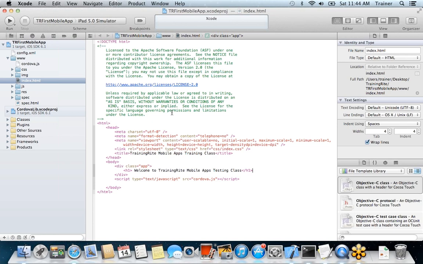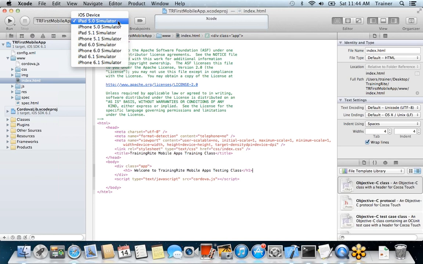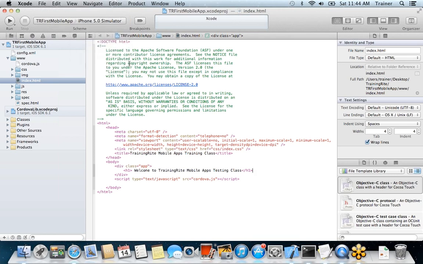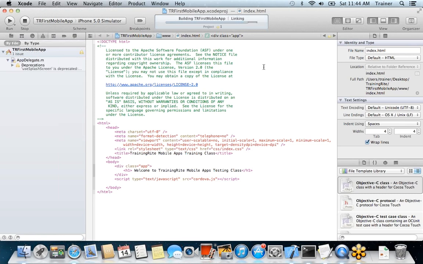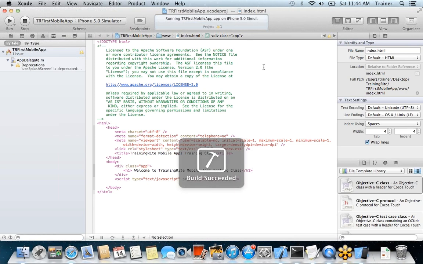And if I need to go ahead and deploy it one more time, I would be choosing my simulator. So let me go and choose the iPhone 5. So this is my iPhone 5. And then I would just go and build it by running it. As you can see over here, it is compiling. As it compiles everything, it would invoke the simulator, and build succeeded, and the simulator would pop up